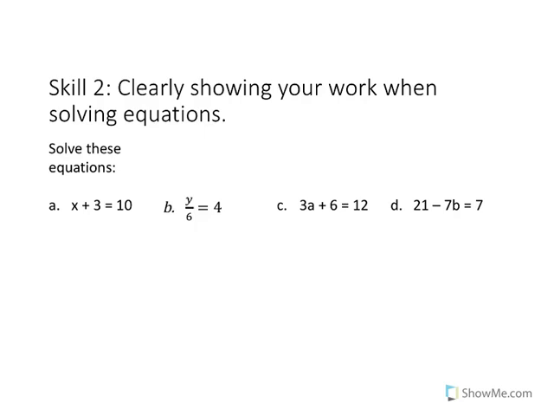So for D, I need to combine my like terms. Now there's a lot of ways you can do this. Ideally, I like these terms that have variables to be positive. So I'm actually going to move this over here. So funny enough, when I move that over there, I have a positive 7b, right? But you're like, wait, no, you